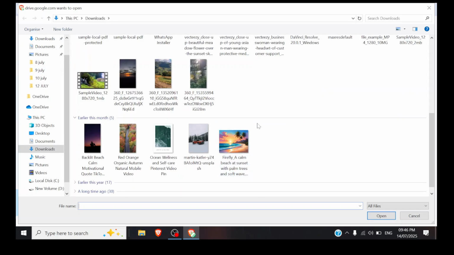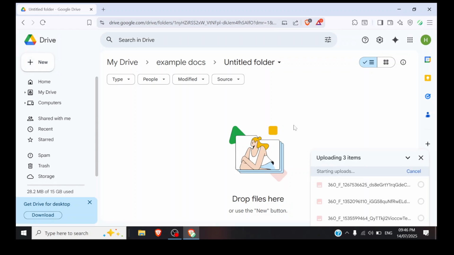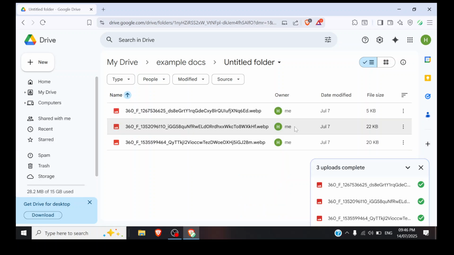Now select your folders that you want to upload. I'm going to highlight these three and then select open. Wait for the photos to finish uploading. Okay, when done, now